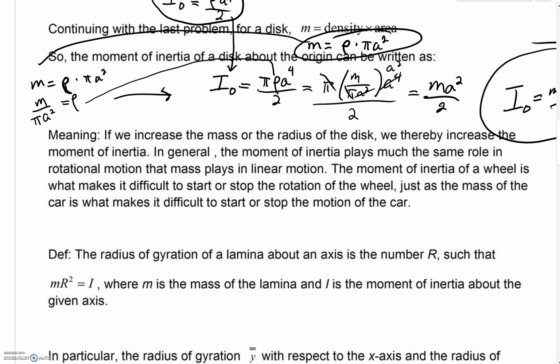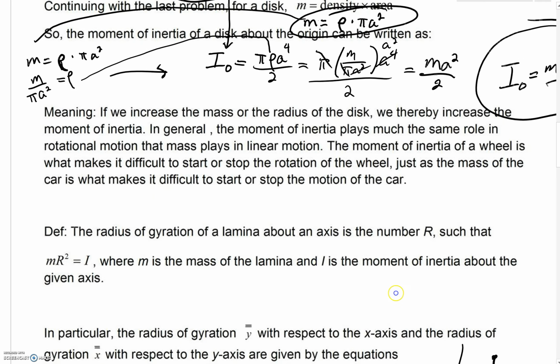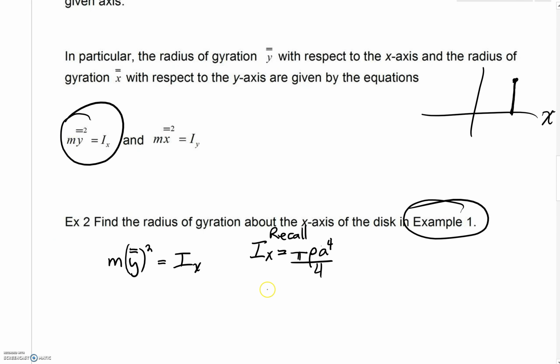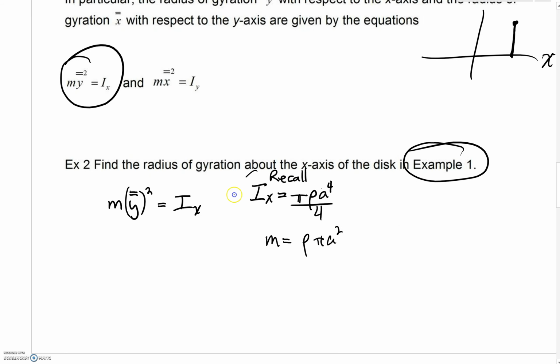Now, we did that in a non-conventional way compared to how we've been finding m in this chapter, but we could definitely make use of that. We're going to talk about another thing that we could do. It was rho times pi a squared. We're going to plug those in,